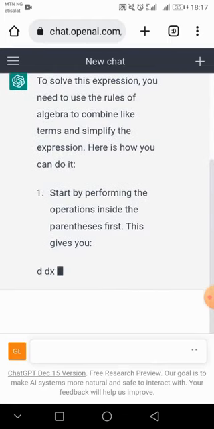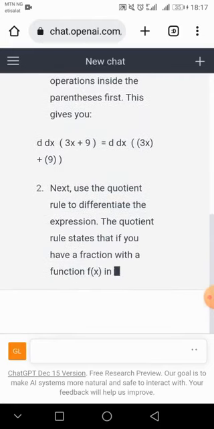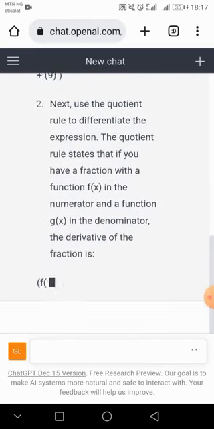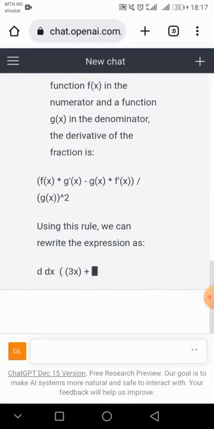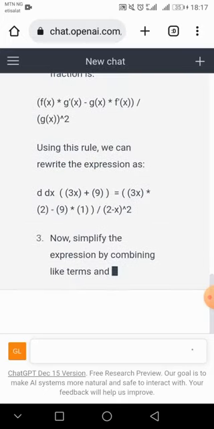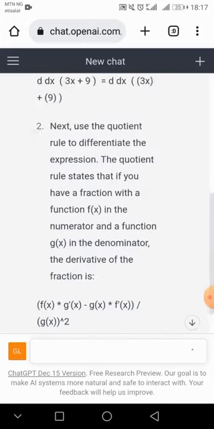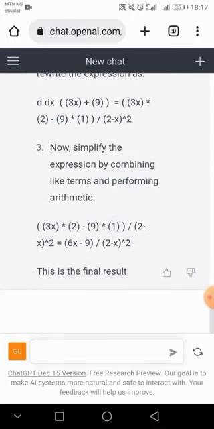It's showing us how to solve it, showing us the steps from the beginning. Are you seeing, guys? It explains everything for us. This is the final result.